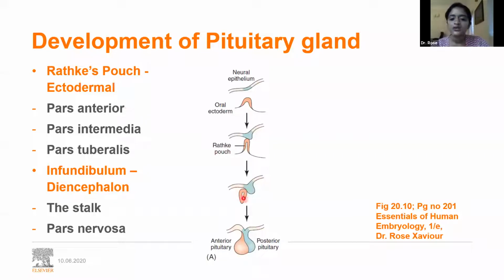The posterior wall is actually giving rise to pars intermedia. It's not pars posterior. We usually tend to say pars posterior. No, it is pars intermedia. And some of these cells will actually encroach onto the infundibular region to form pars tuberalis. Now, coming to the infundibulum, the derivatives of the infundibulum are, it will first form the stalk and the remaining portion will be forming the pars nervosa. So these are the different parts of the pituitary formed from two different sources. So suprarenal gland and pituitary gland, since they are having two different sources, again, these will be